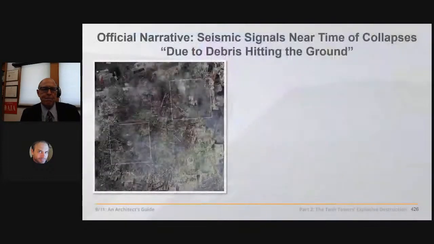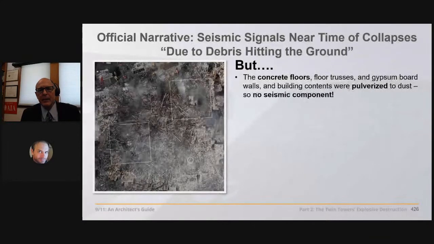So I encourage you to look into this more carefully, with Graham McQueen's 2009 work. I'll show you that in a second. The official narrative says the seismic signals are due to debris hitting the ground, but let's look at this another way. Debris is not hitting the ground, it's hitting concrete floors and gypsum wall boards. The concrete floors and the gypsum walls